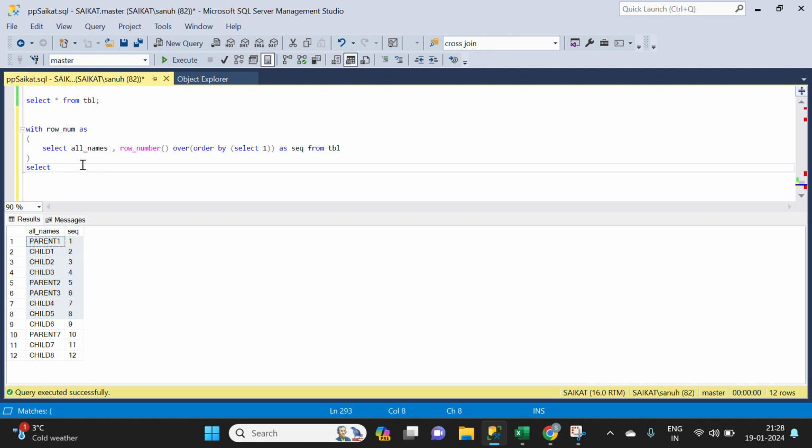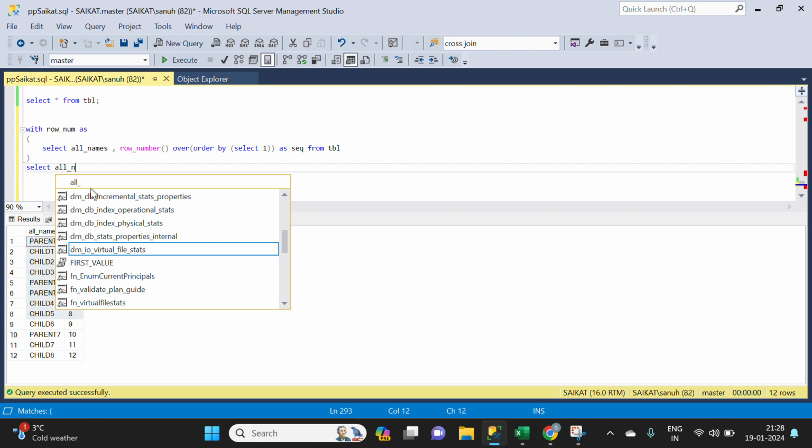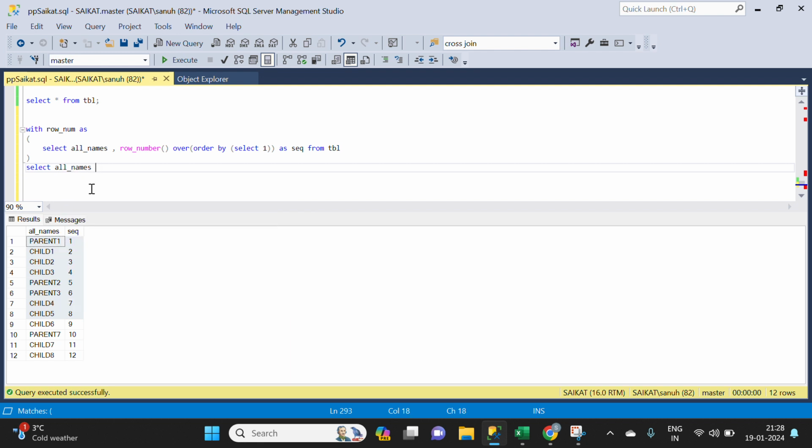For that, what I'm going to do is create a subquery. Let me write it, then I'll explain. So let me create a subquery here. Let's create a query first. Select all names, because we have the all names in the table, and we have the sequence, from row num, where